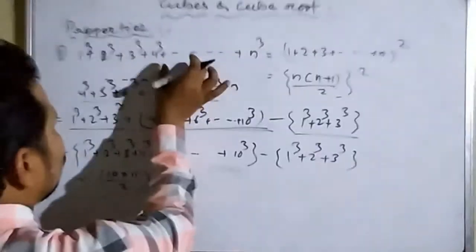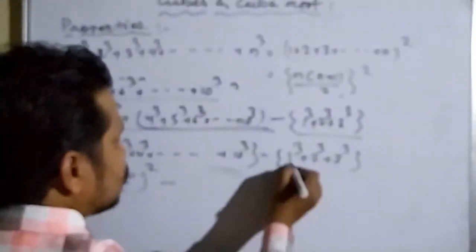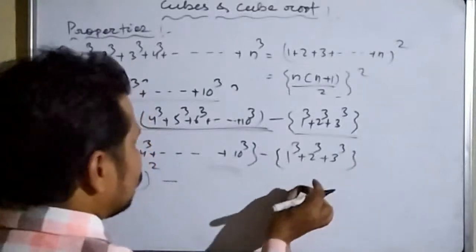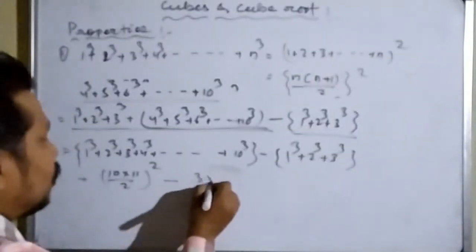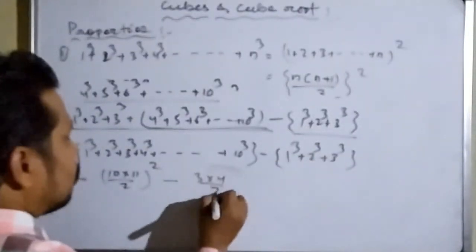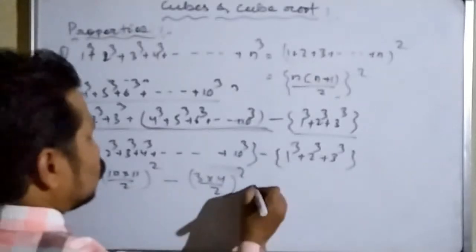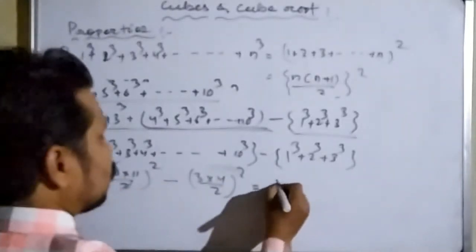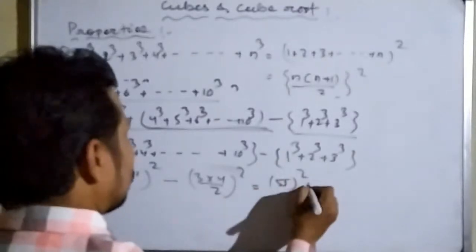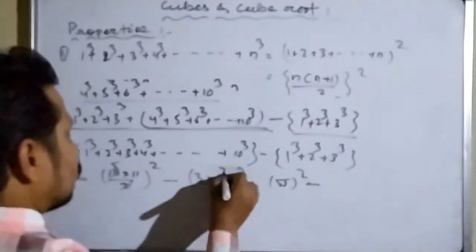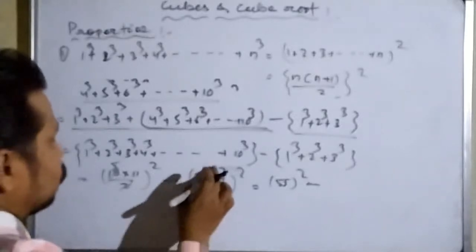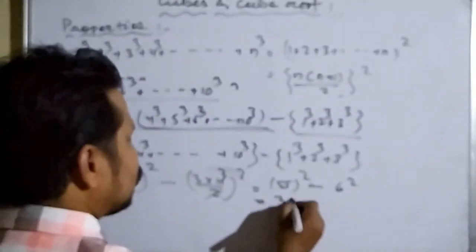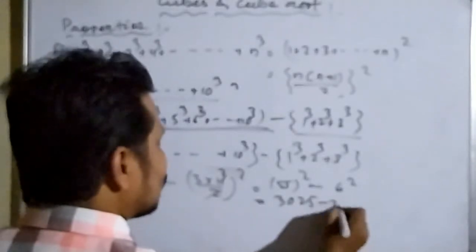here it is also a series of this type of formula. So it starts from 1 and ends with 3. So that means here n equals 3. So the formula will be 3 into 3 plus 1, equal to 4 by 2 whole square. So our final answer is 55 whole square (2 cancels with 10 into 11) minus 3 into 2, that is 6 square. So the result is equal to 3025 minus 36.